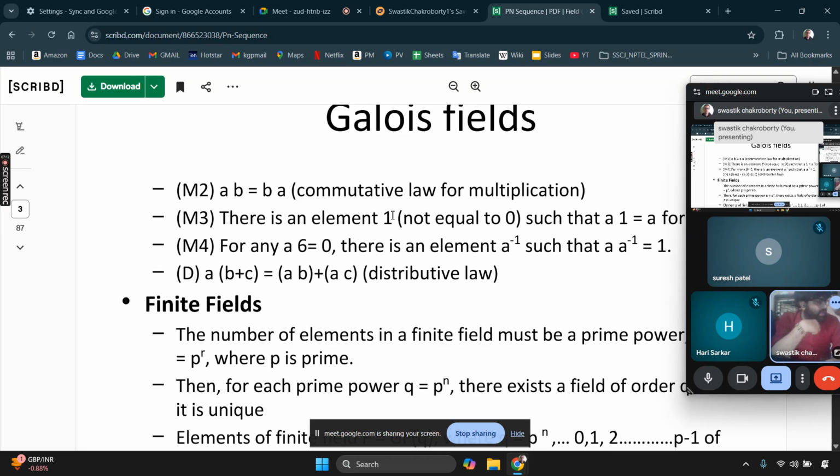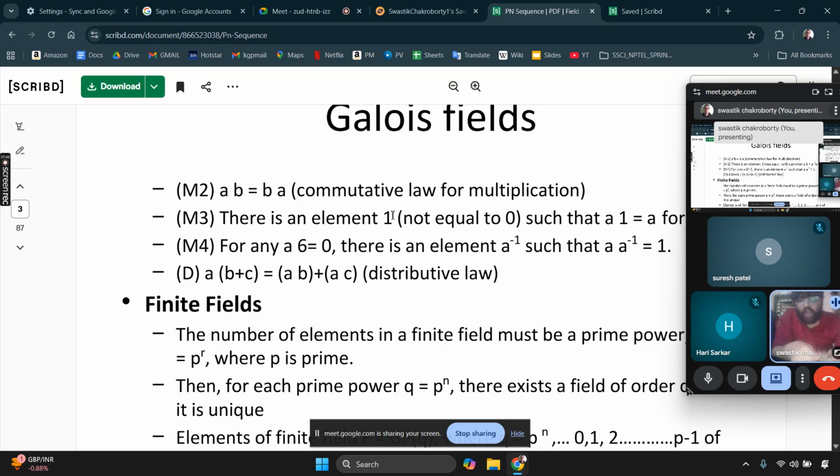So in another field, where maybe you don't have numbers and whole numbers but something else, this one will also be the multiplicative identity. So one is not the number 1, it is the multiplicative identity. In case you define the arithmetic field over the natural numbers, then the one is the number 1. But this one is actually the multiplicative identity. And for any element a, there exists an element a inverse such that a times a inverse is equal to the identity. That is the existence of inverse.